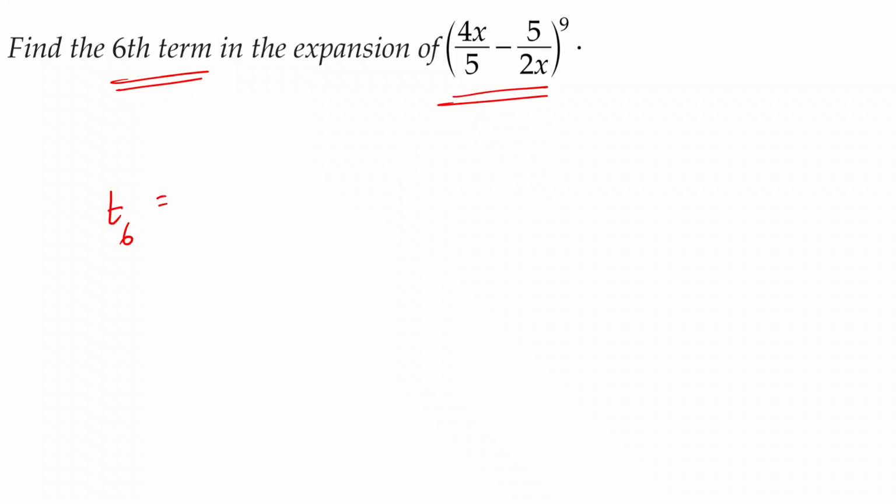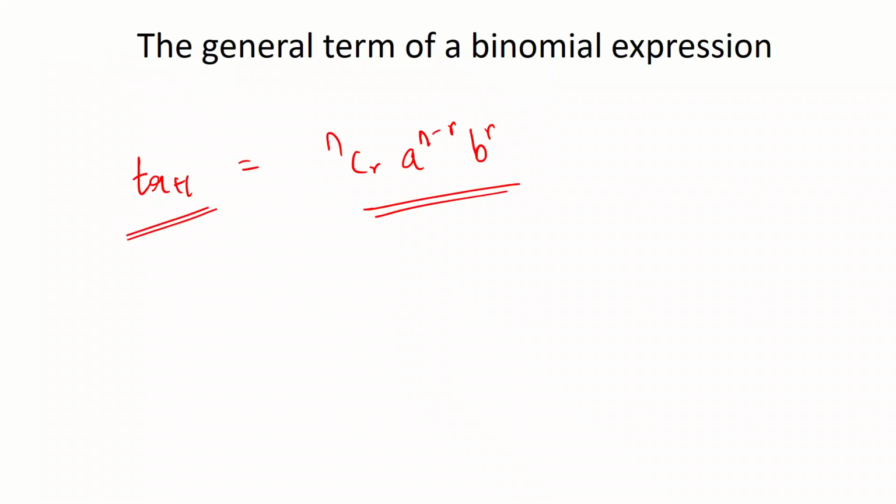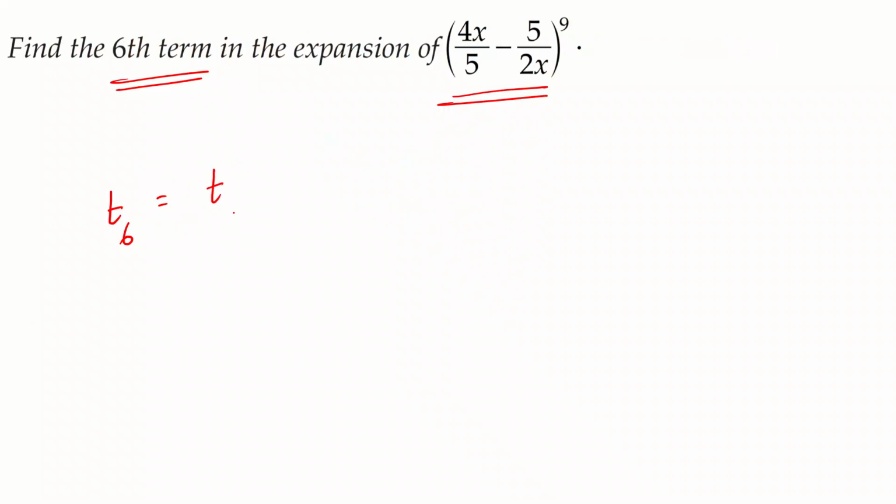Remember that you always have to write it down in this pattern, T r plus 1. So we'll be writing this as T5 plus 1. Always remember you have to write it in this form. So if it is T8, write it as T7 plus 1. If it is T50, write it as T49 plus 1. If it is Tk, write it as T k minus 1 plus 1. Let me write it down for you. So if they are asking you to find Tk, write it as T k minus 1, this is minus 1, and then plus 1. So make sure that you write it in the form of something plus 1, because that is the formula that we know, T r plus 1.